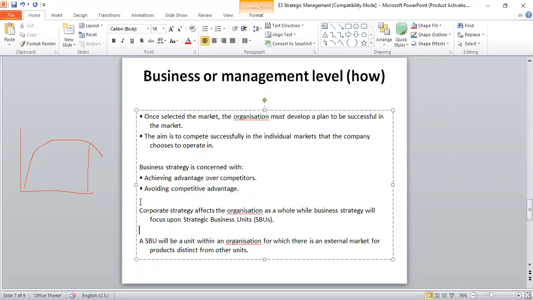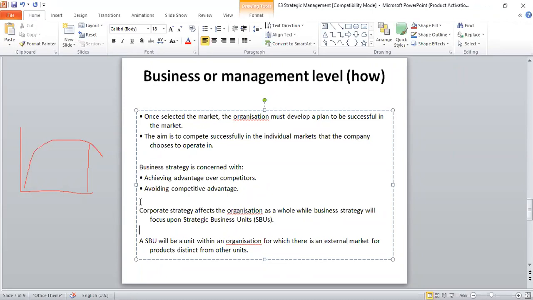So they are separated. Why are they separated? Why are they considered as separate units, strategic business units? It is for the purpose of managing the organization well. Each strategic business unit will have a manager who is given the authority to take decisions, and based on the decisions, the manager is also held accountable. So that responsibility, accountability also comes into picture.